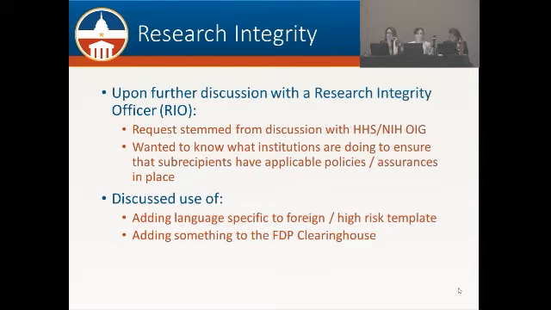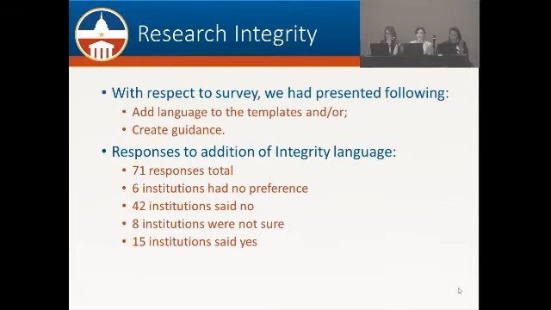So that would be treating things consistently across the board, and then maybe adding something more explicit to the foreign template, or creating some sort of guidance for those entities that may not be foreign, but maybe are smaller institutions or institutions that are just kind of breaking into the research space and might not have a policy.